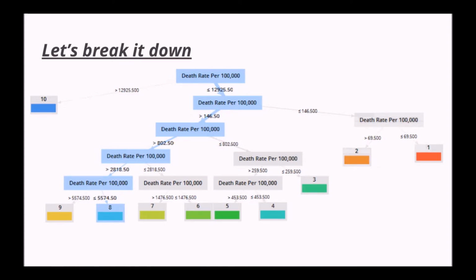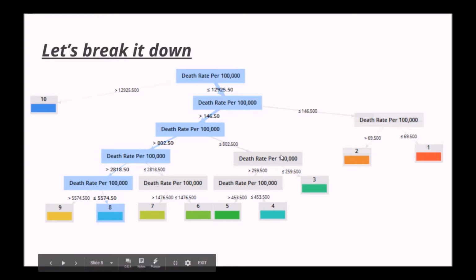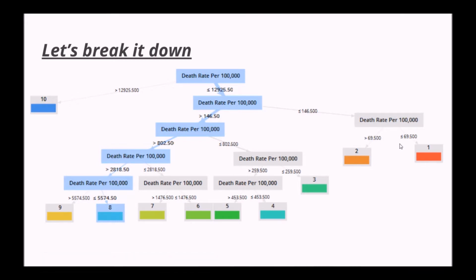If you look on the far right here, to be a 1, typically you had less than 69 deaths per 100,000, and on the far left, you usually had greater than 12,925. Somewhere in the middle, to be a 5, you had to be greater than 453,